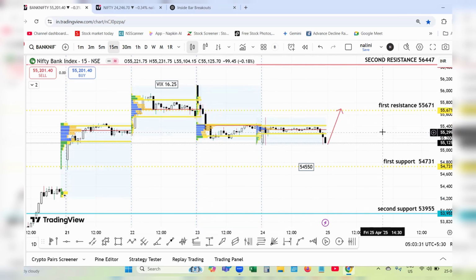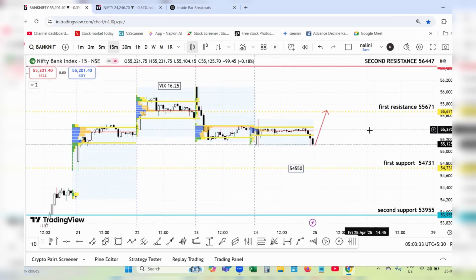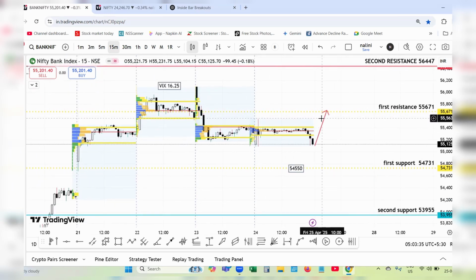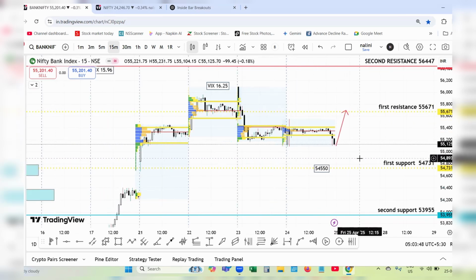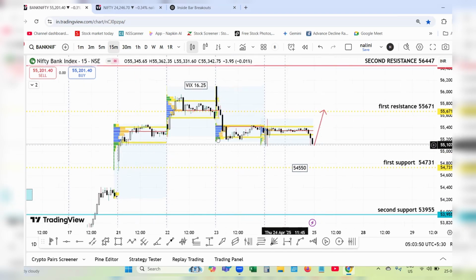Bank Nifty has started its down move, and this is an attempt to gap up and take the liquidity above this. There is plenty of static liquidity above here. The market can gap up. Even short covering can be seen in the Bank Nifty. You can see Bank Nifty also moving higher. So this is my analysis.